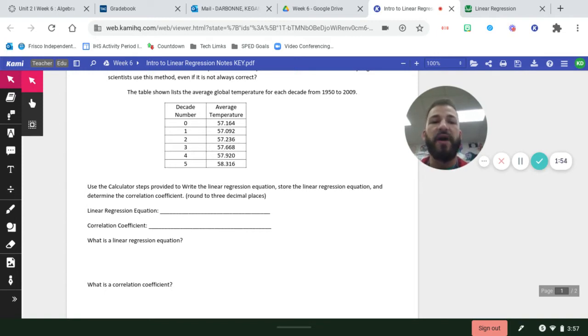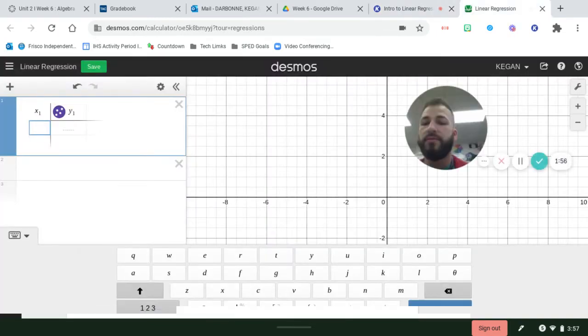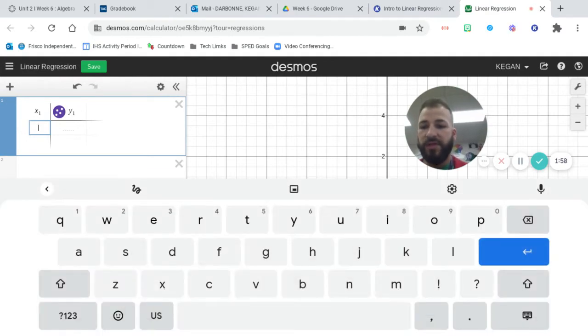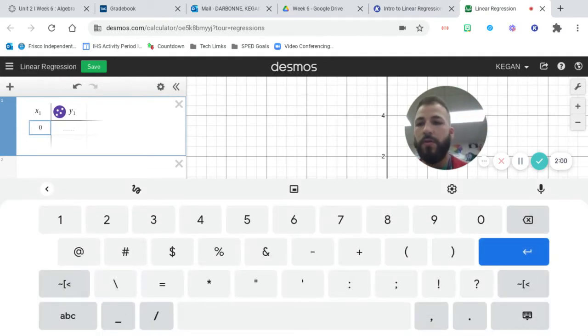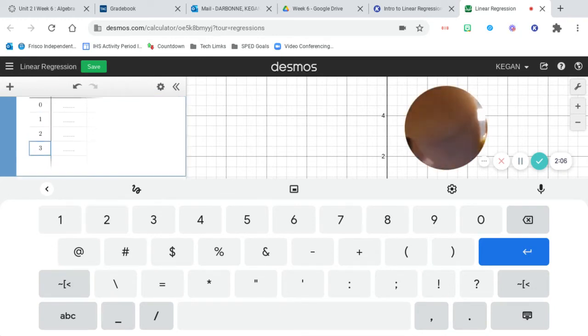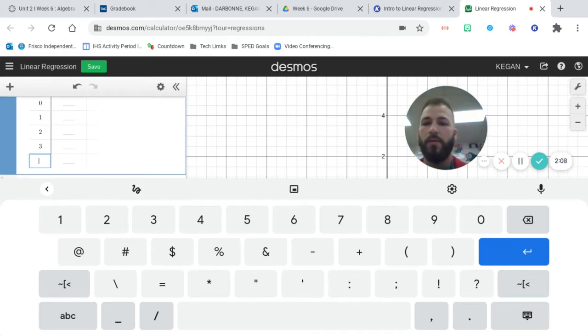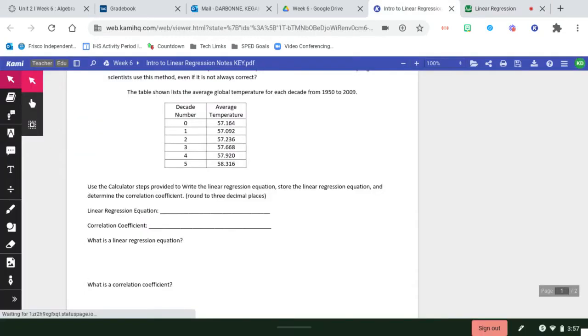So 0 through 5 for my X values: 0, 1, 2, 3, 4, and 5. And then for my Y values, we have